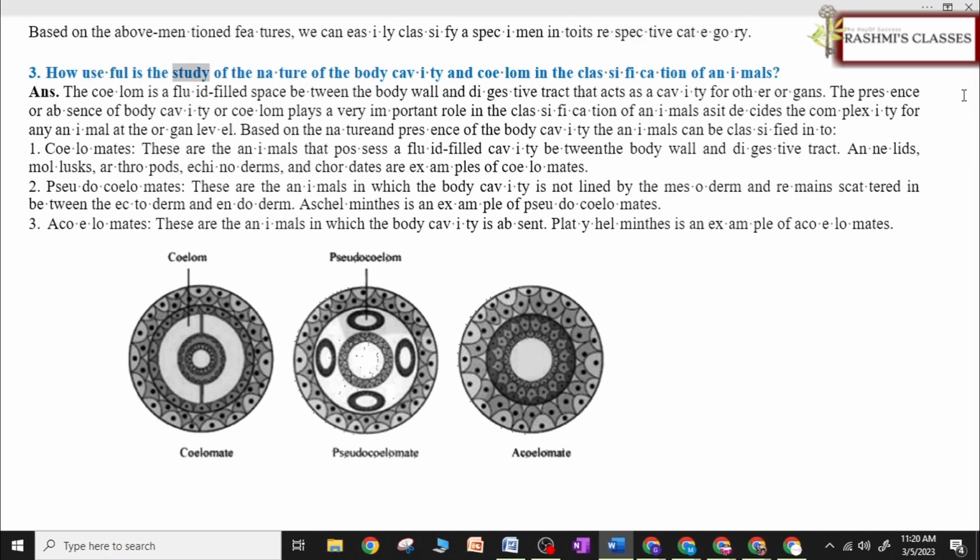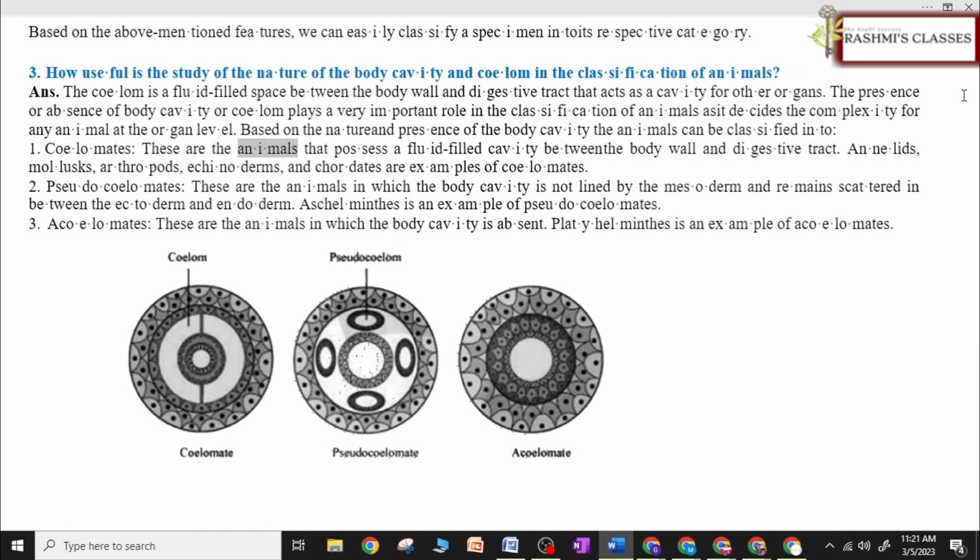How useful is the study of the nature of the body cavity and coelom in the classification of animals? The coelom is a fluid-filled space between the body wall and digestive tract that acts as a cavity for other organs. The presence or absence of body cavity or coelom plays a very important role in the classification of animals, as it decides the complexity of any animal at the organ level. Based on the nature and presence of the body cavity, the animals can be classified into